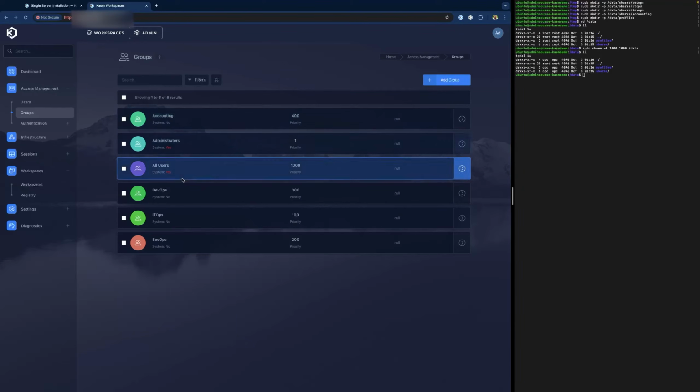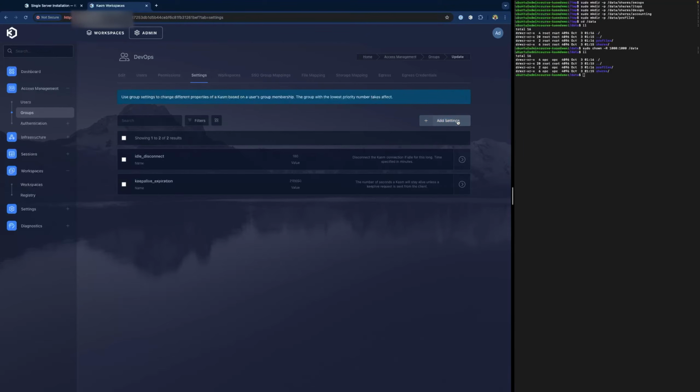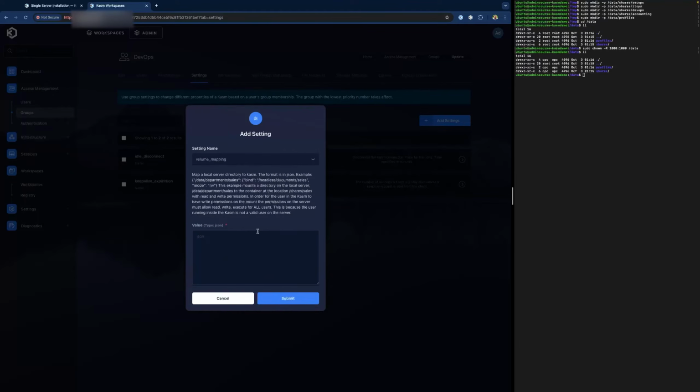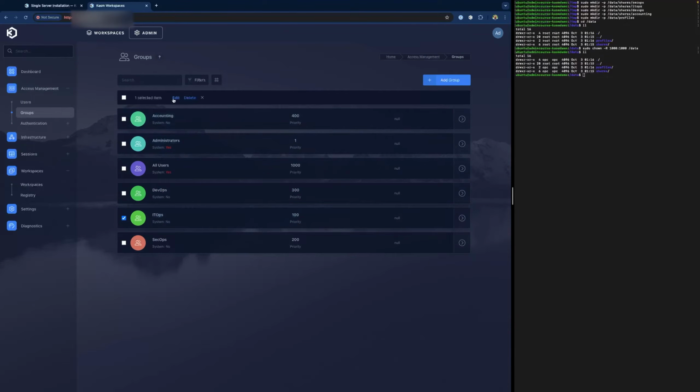So let's go ahead and do that for DevOps. Volume mapping. And then we will call this one DevOps. Hit submit. IT Ops.